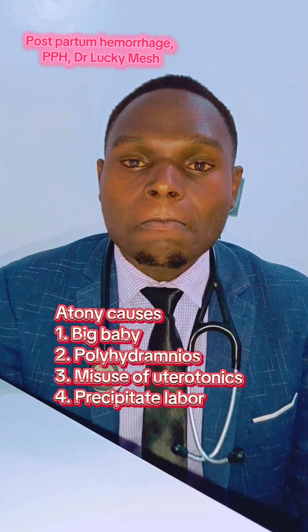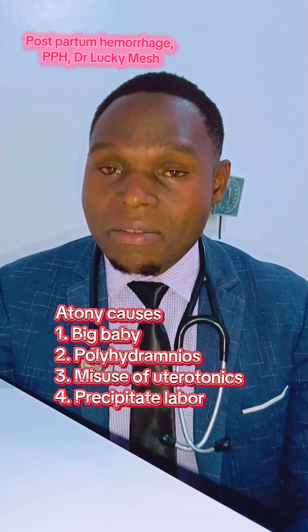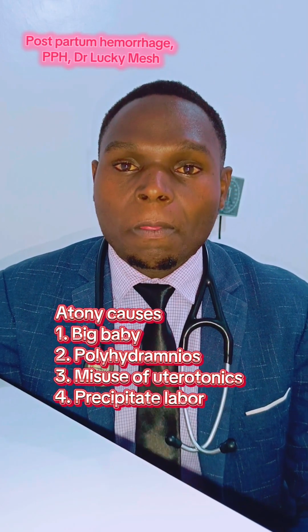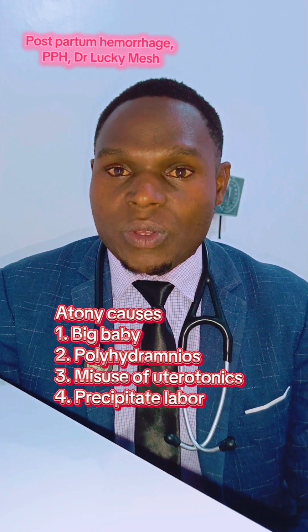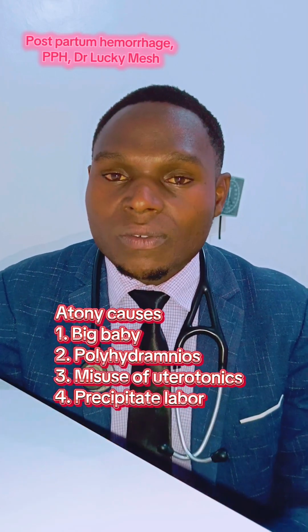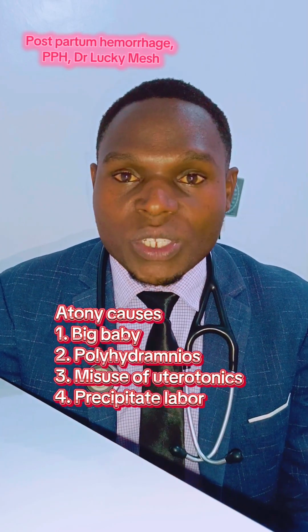There are a number of things that cause the uterus to be atonic or flabby, and one is delivering a big baby. A big baby that is more than 4 kilograms will make the uterus atonic. The other one is polyhydramnios, or having a lot of amniotic fluid, which will stretch the uterus and of course reduce the contractility of the uterus. The other one is misuse of the uterine tonics, including oxytocin,